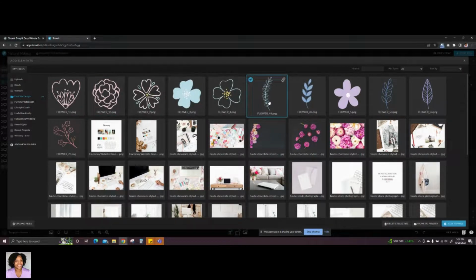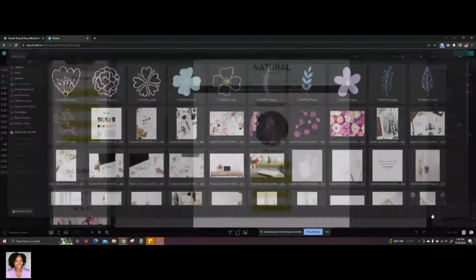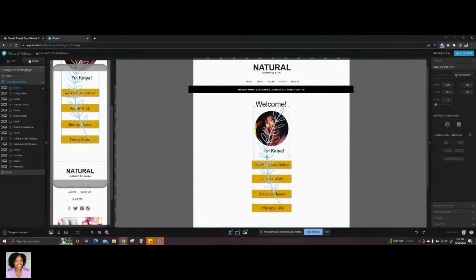Well, let's see how this looks. Think about adding a nice little flower here. So for this, I actually want it